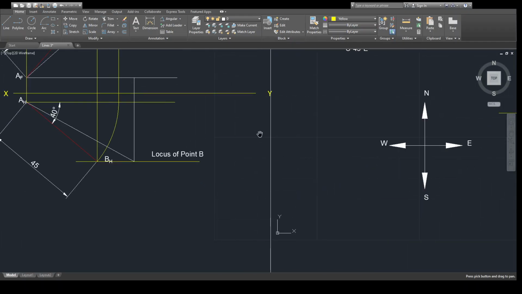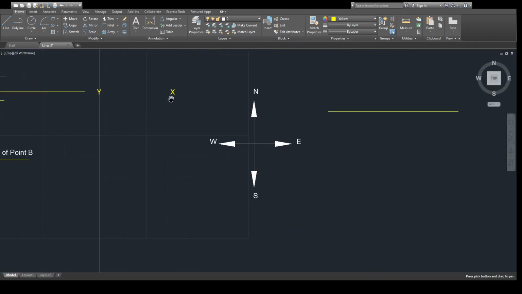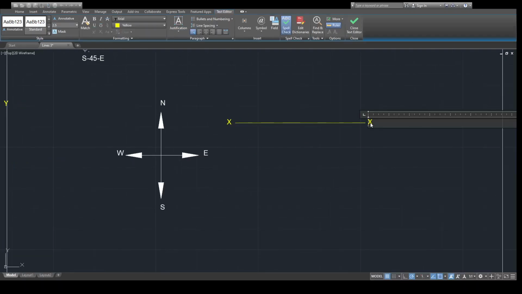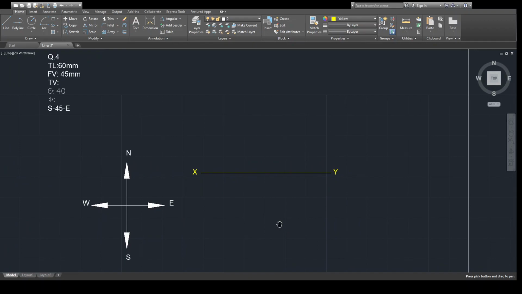I will copy the same notations from here, X, and I will name the other end Y. Now what is given here? True length 60 mm. So I will draw the true length, 60, and its inclination is 40 degree.